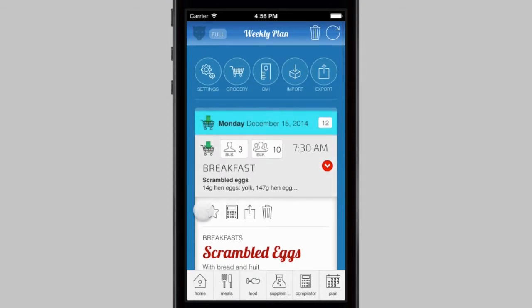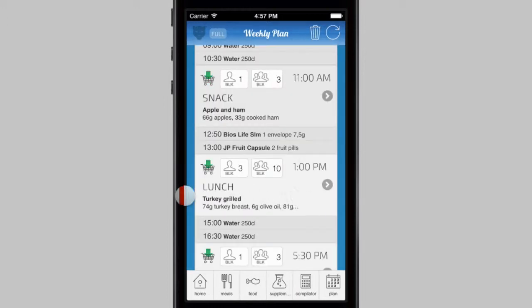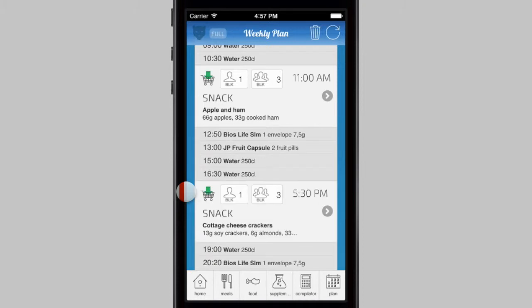So the other options are the same as those we can find in the meal section, in the details. So here we'll load the meal into the compilator for last moment changes. This will share your meal, and this will delete it from the day, so it will not delete from the database. So if you don't like this lunch, so you want to remove and add another one, just swipe left